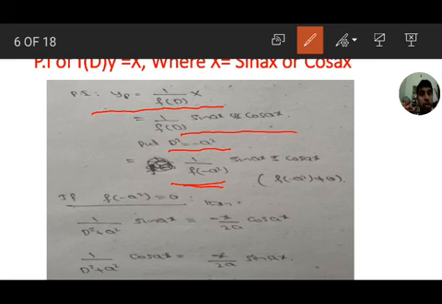If the denominator is 0, that is, if f of minus a square equal to 0, then we have to use a formula. For sin ax one formula, for cos ax a different formula. 1 by D square plus a square, sin ax equal to minus x by 2a cos ax. 1 by D square plus a square, cos ax equal to x by 2a sin ax. If sin ax is there, 1 by D square plus a square, we have to use the sin ax formula, equal to minus x by 2a cos ax. 1 by D square plus a square, cos ax equal to x by 2a sin ax.